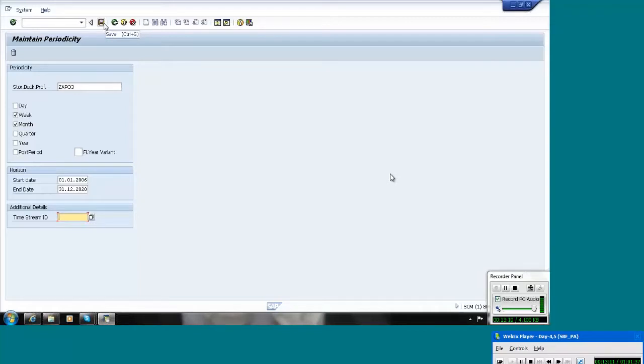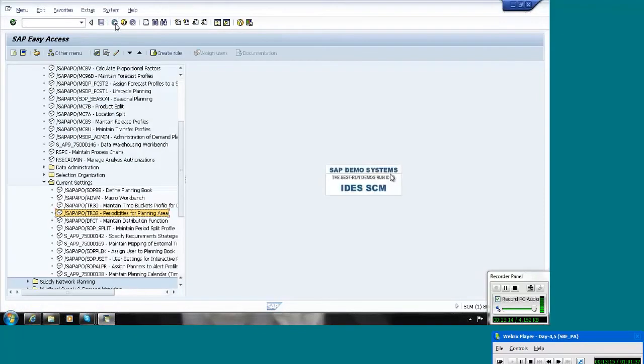Because here we are creating a DP, like our APO calendar, there might be holidays in APO that are not in R3. So we can manually give a holiday here. That is another option there.